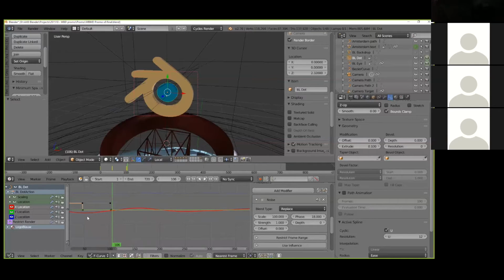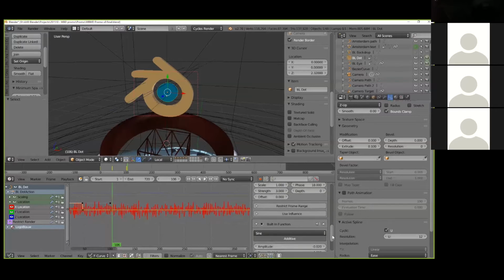This is the noise modifier. If I turn the scale down to 1 and the strength up to say 3, you can see how it actually modifies the position of the object. I am not moving the actual center here at all. It does not move. The only thing that's driving its circular movement is this noise modifier